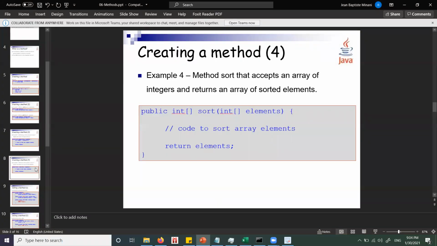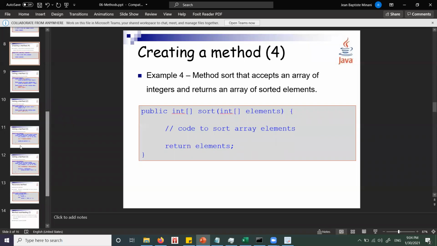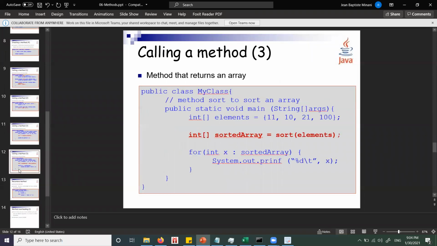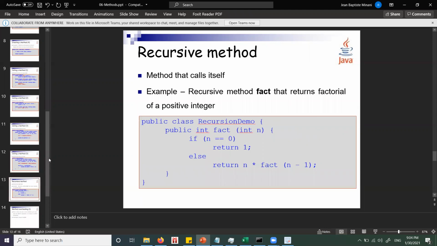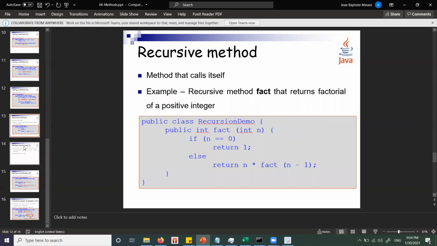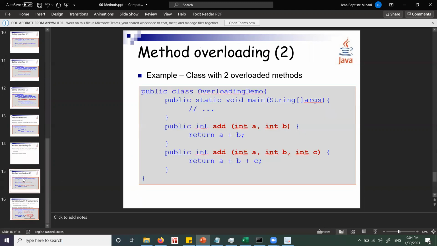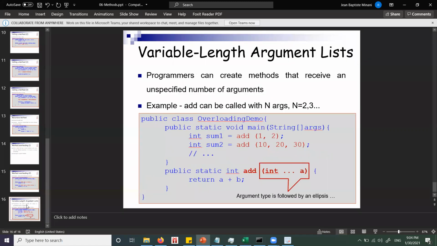So the other stuff is a common thing, sorting numbers, finding largest, smallest. Those are the things that we know. Method overloading we discussed, and passing any number of arguments. So with this, guys,